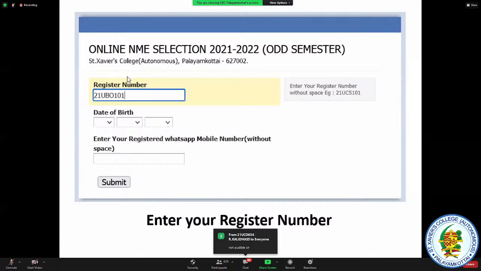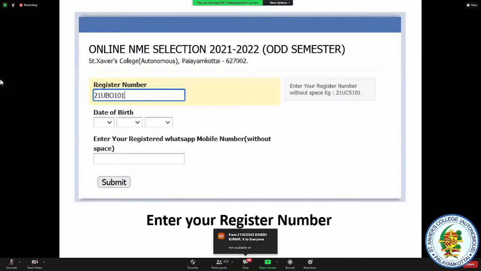So dear students, it will ask for register number, date of birth and your registered WhatsApp mobile number. First you have to enter your register number. It starts with 21U and your subject code or your department code and 501, 502 likewise, and you have to